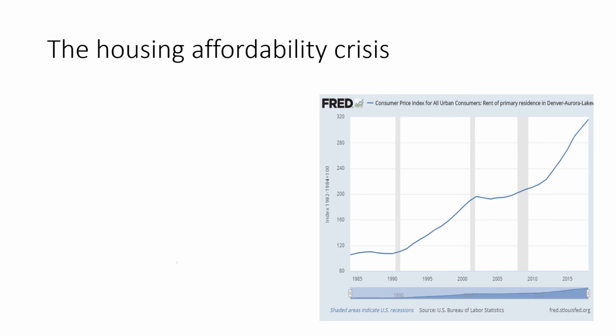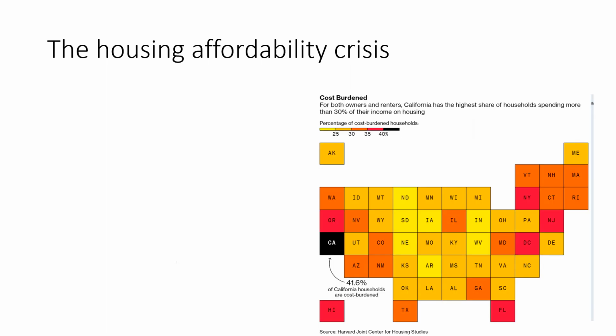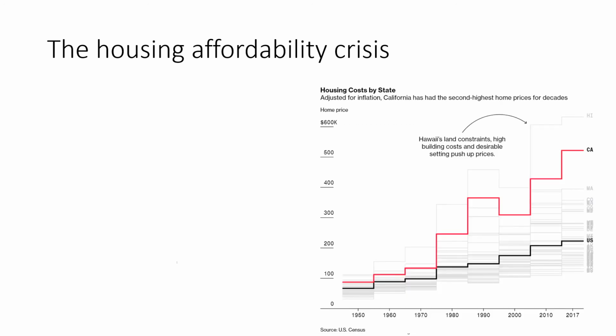And again, I'd urge you to think about an example besides the bread market, because from your standpoint, bread is a small fraction of your costs, right? But housing is a high fraction. So in California, for example, 41% or 42% of households are cost burdened. That means they pay more than 30% of their incomes on rent. In Colorado, it's a little bit less than that, but still over 30% of households are paying over 30% of their income on rent.